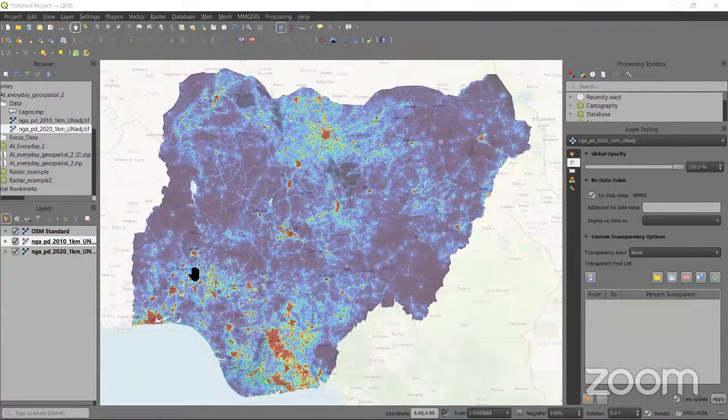There's a nice. So just to visualize the change in population density between 2010 and 2020, we can make use of our spatial temporal controller. So to make use of your spatial temporal controller,